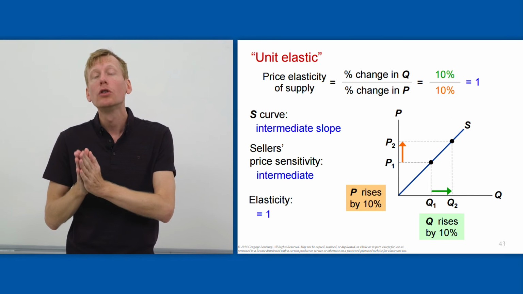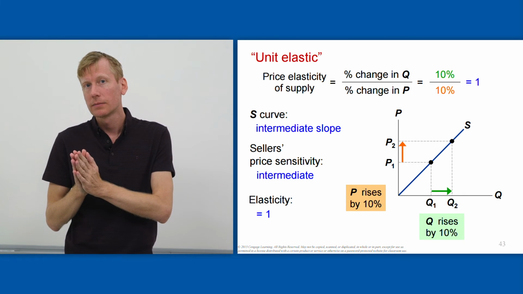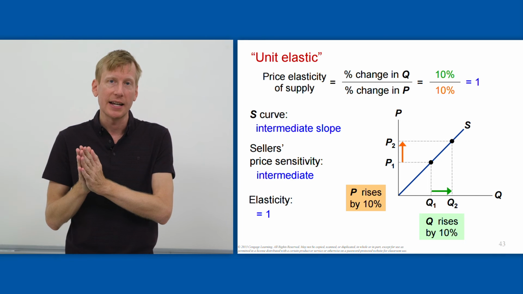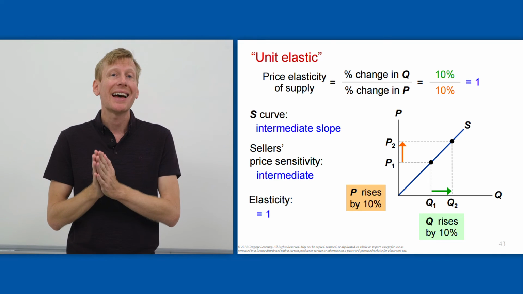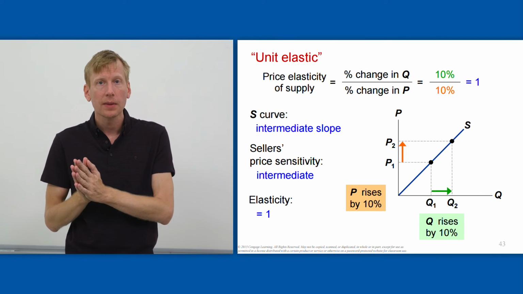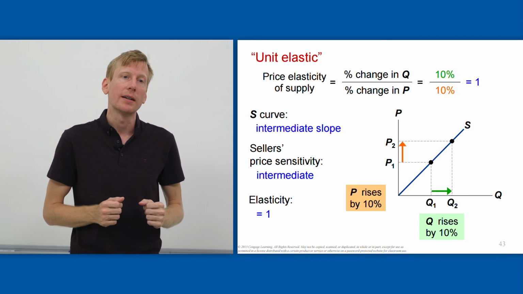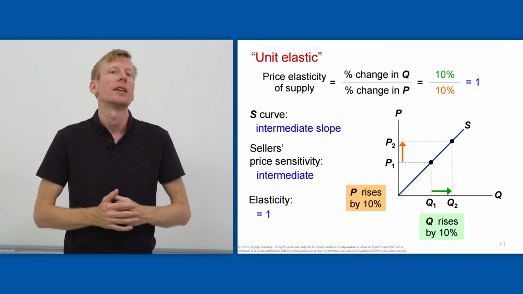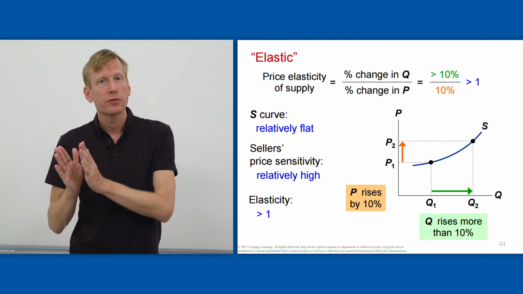Next category, unit elastic supply, in between elastic and inelastic supply, means an elasticity of supply of 1 and the same percentage change in quantity supplied as the percentage change in the price. That fourth case,